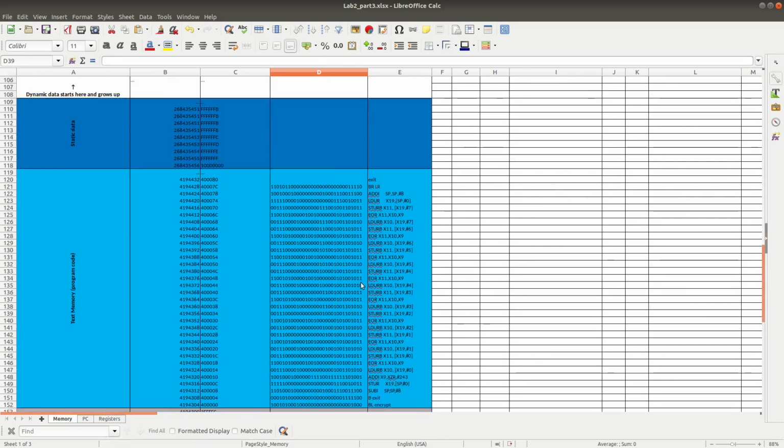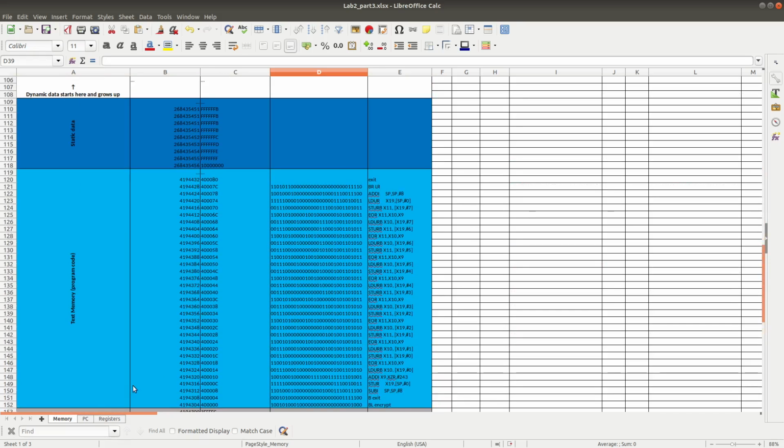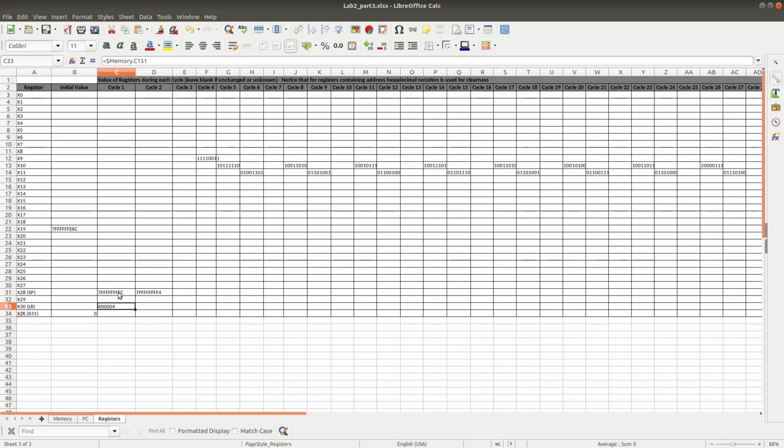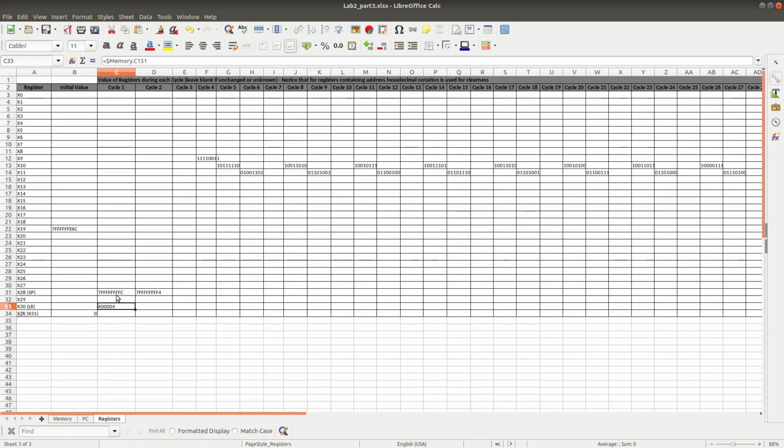After reducing by 8, the stack pointer from FC will be F4. So at cycle 2, after the execution of the second instruction, the stack pointer value is changed from FC to F4.